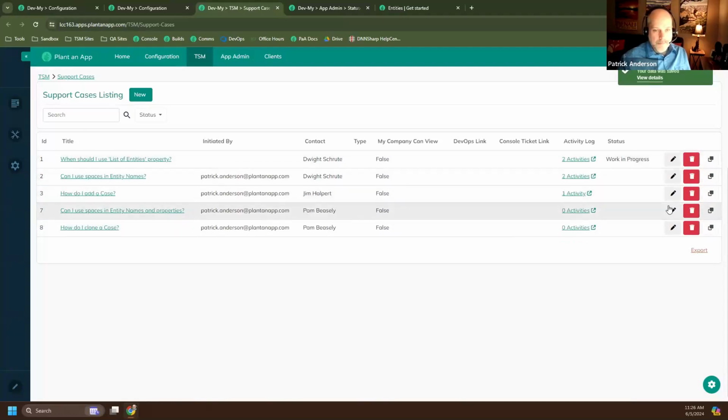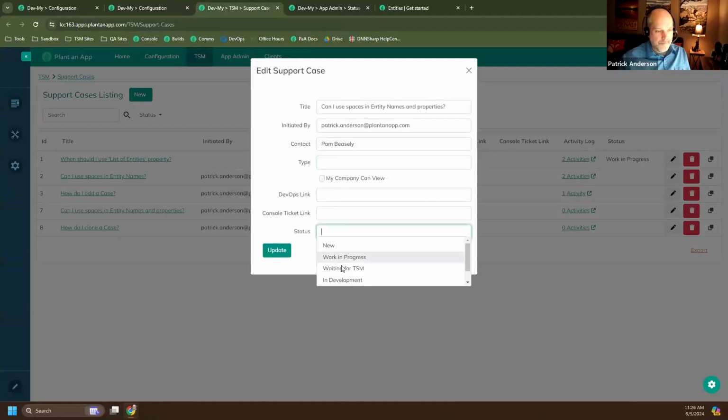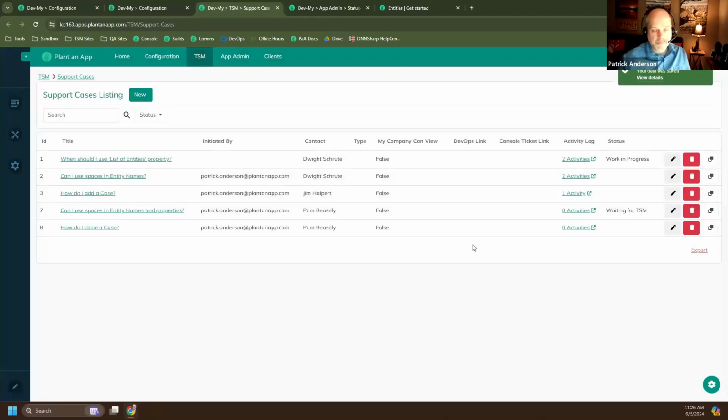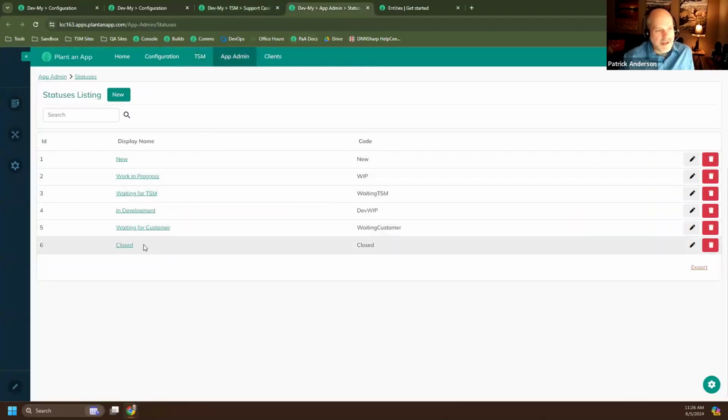Okay, I'm not going to update all these, but I'll just do a couple more and update them. Ultimately, a lot of these statuses will be set automatically. They won't be set in the UI here, but I just wanted to show you that setup there. But going back for a second to this code, there's something that Dale and I have been talking about, and